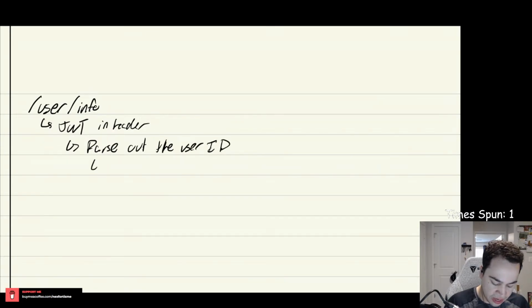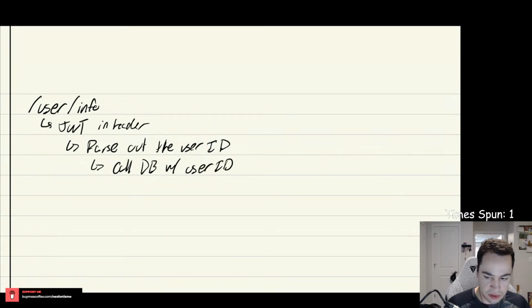Then with that, we call the database with the user ID and return the object. It seems simple enough,